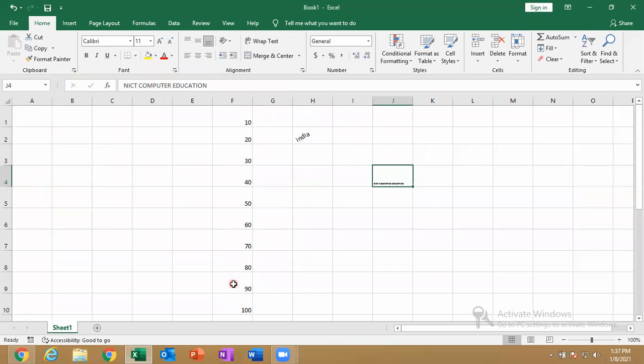Is that clear? So then how much you type? Whatever you type, how much ever you want to type, you keep on typing. Okay, but everything will get added here. So simply I'm writing random text. See, everything has been fitted only within a cell. So this is nothing but called shrink to fit.